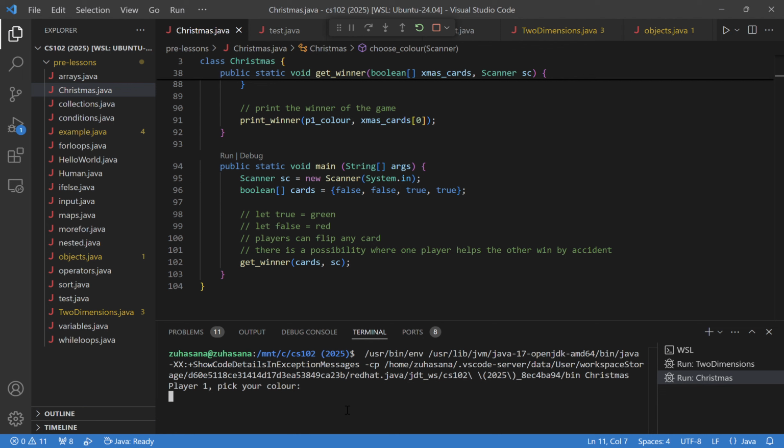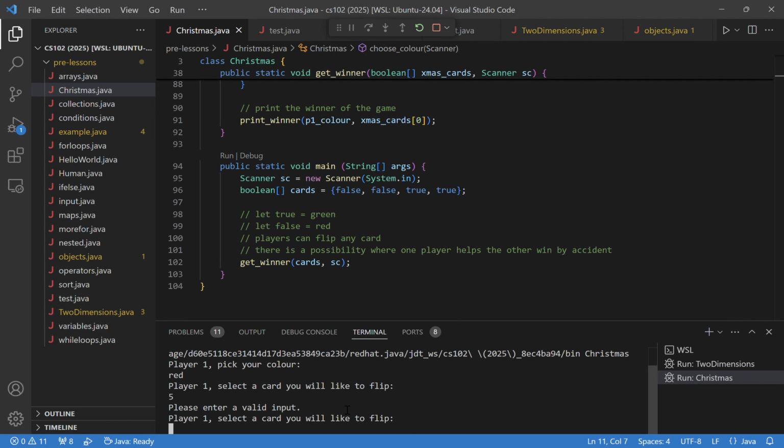first it prompts player 1 to choose a color, be it green or red. So let's just say he chooses red, okay? Yeah. So it asks the player which card he or she would like to flip. And let's just say he flips an invalid card, because in this example there are only 4 cards, right? But if he enters 5, right,